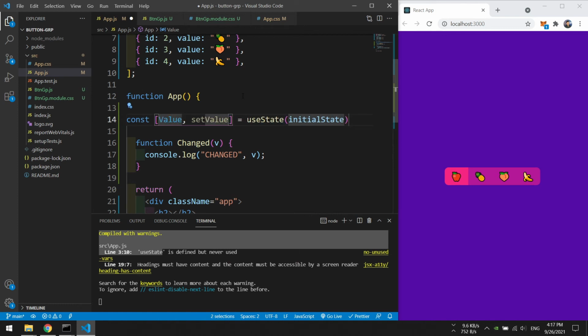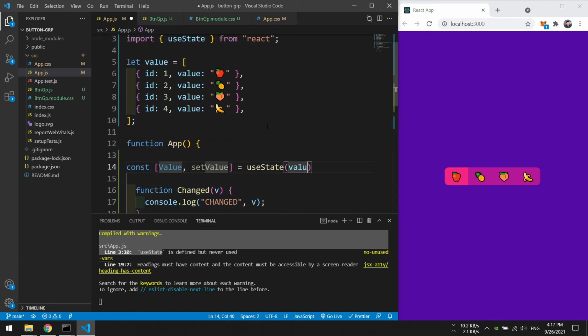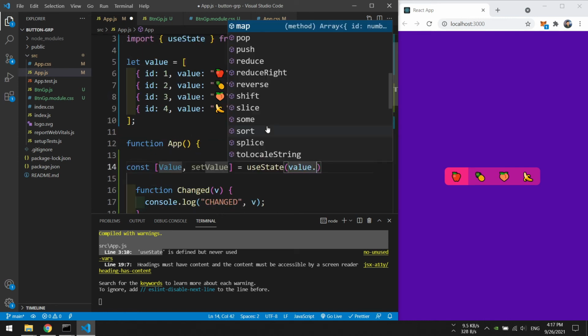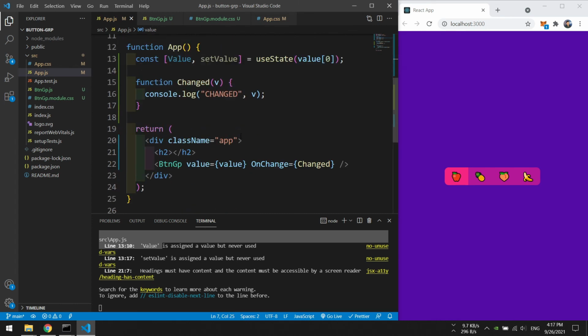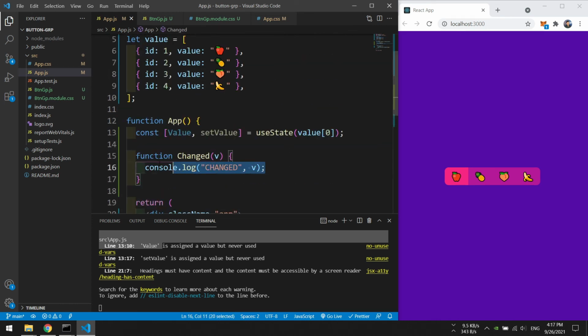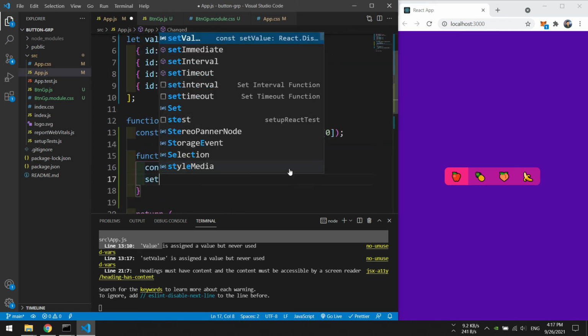I'm going to set that to value. Initial value is going to be value dot value. Yeah. We take the whole object as the current one,